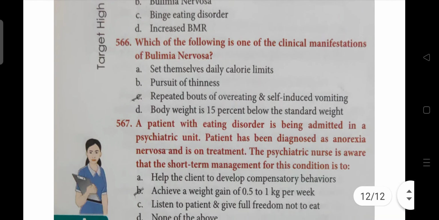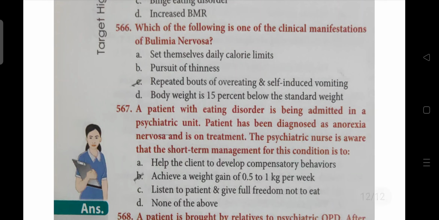Next, which of the following is one of the clinical manifestations of bulimia nervosa? Option C, repeated bouts of overeating and self-induced vomiting. Next, a patient with an eating disorder is being admitted in a psychiatric unit. Patient has been diagnosed with anorexia nervosa and is on treatment. The psychiatric nurse is aware that the short-term management for his condition is to option B হবে achieve a weight